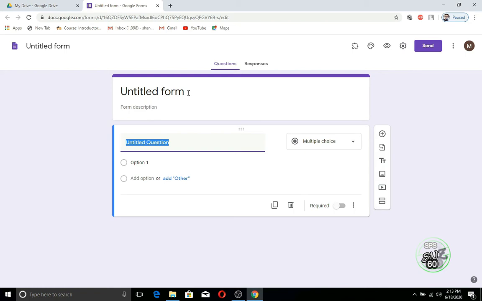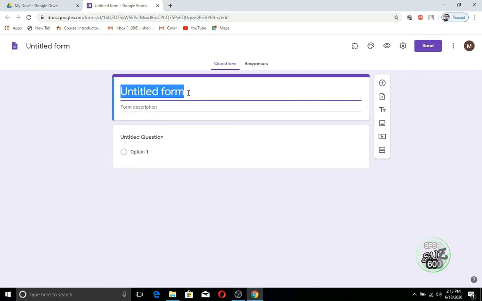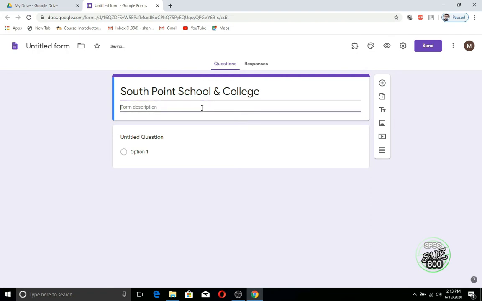So now we have to give the heading of the form. So I'm writing the school name, school and college. I'm giving a description.